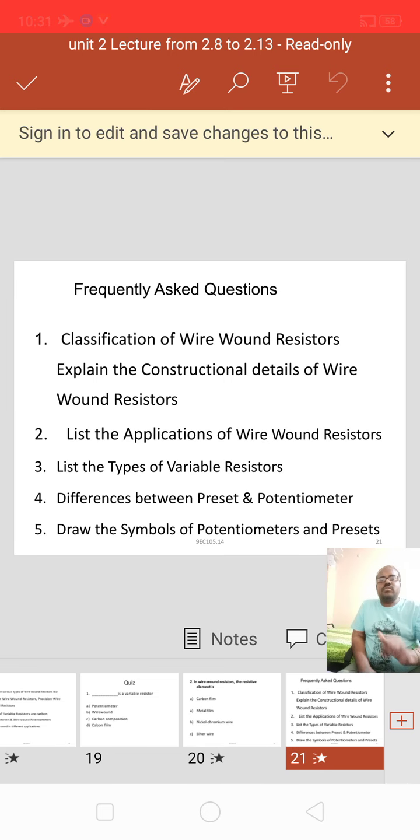Next to that, here some questions frequently asked in exams are given. First one, classification of wire wound resistor; second, explain the constructional details of wire wound resistor; next, list the applications of wire wound resistor; next, list the types of variable resistors also; next, differences between preset and potentiometer; next, draw the symbols of potentiometers and presets. Here mainly asked questions are